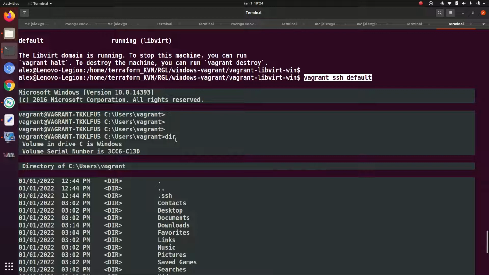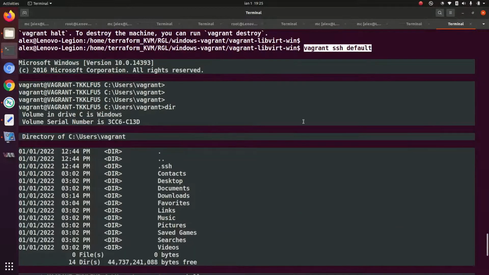So in the original Windows Server ISO, the OpenSSH service wasn't included. In the process of the box creation, the OpenSSH was added and was enabled for remote access. So as you can see, I've entered the Windows machine